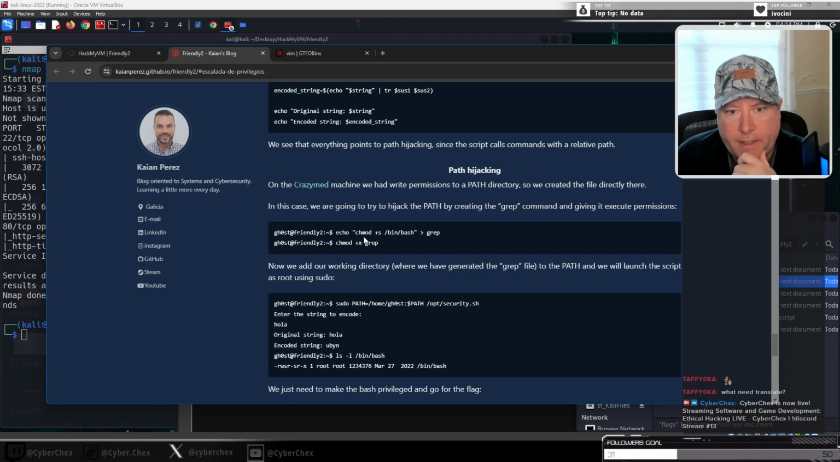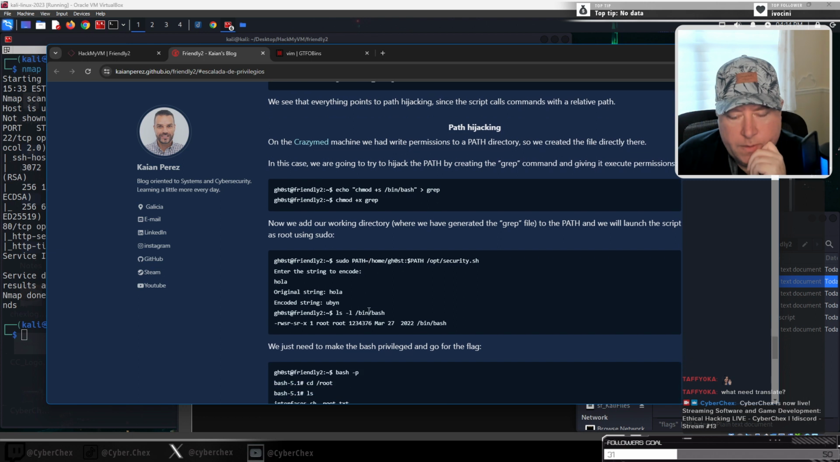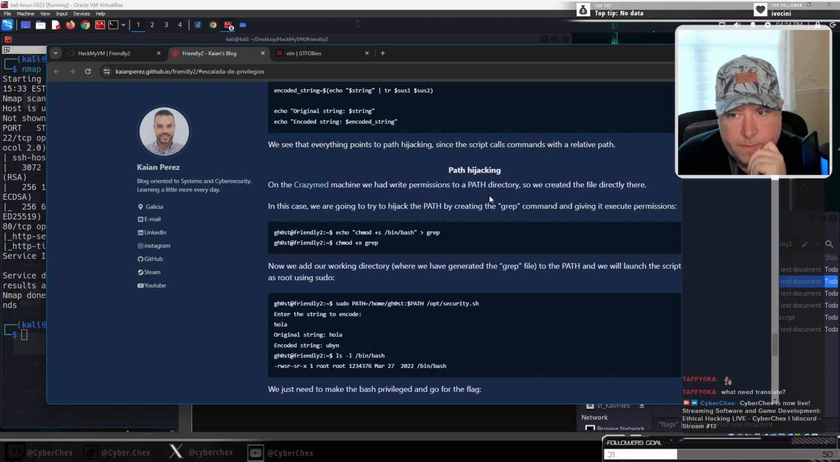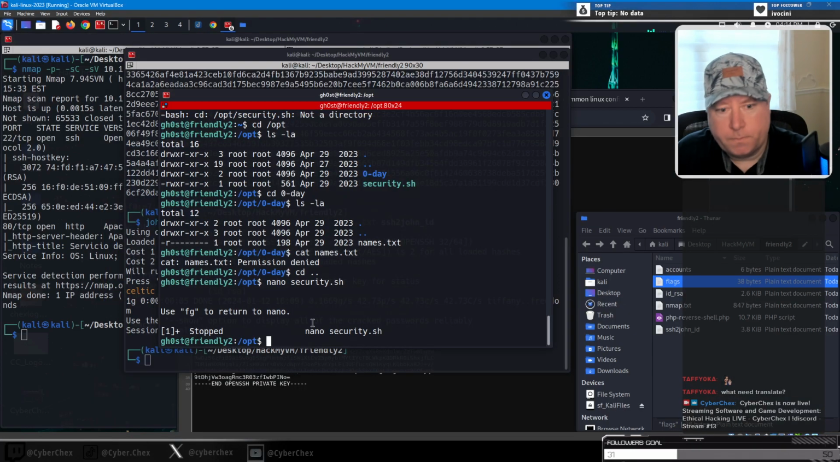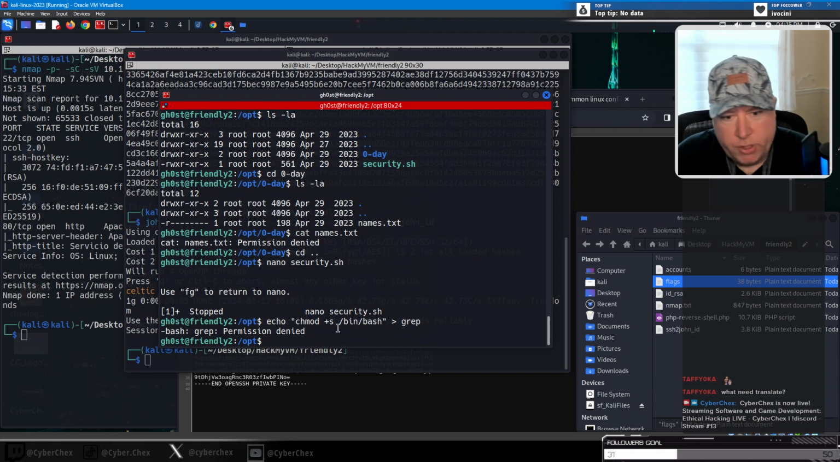So basically they're changing the mod of the bin bash and putting it in grep, and then making grep executable. Okay. So let's do this real quick. Permission denied. Okay, so